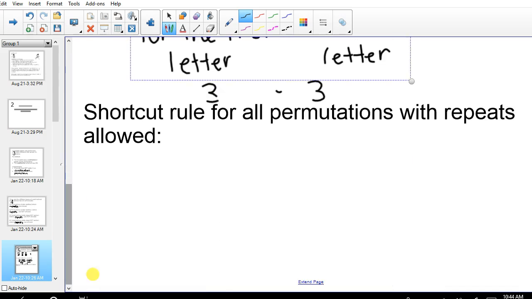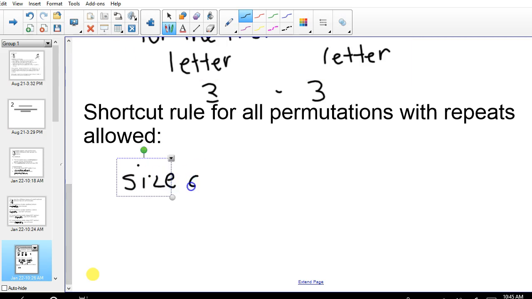All right, so the shortcut rule for this, okay? For all of these, we're going to have formulas. I personally only use the formula for the very last, hardest one. I think through it logically for the others. All right, so the size of the sample space, and the sample space is all of the possibilities. So like for this one, it was FF, FO, FX, all of those possibilities. So the size of that sample space is